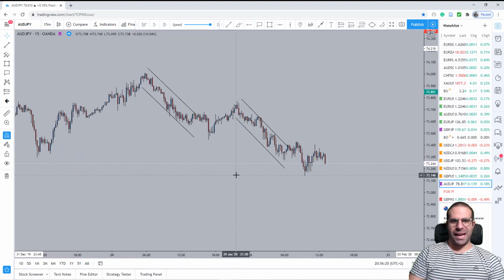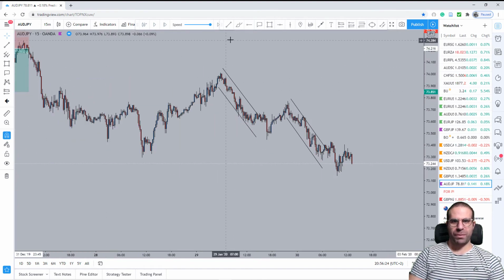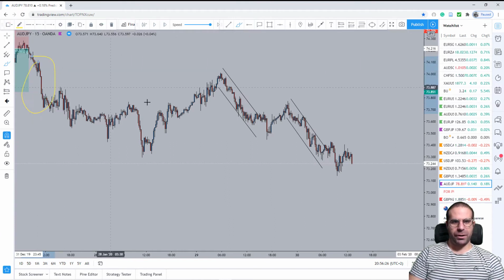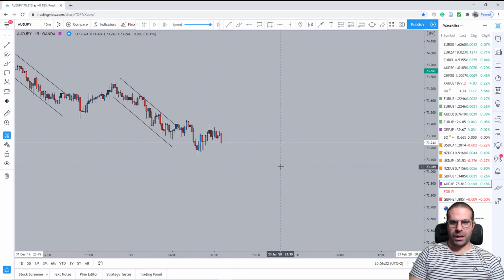Again, guys, we don't see any clear movements here. Compare these parts, these impulsive movements over here and over here with these movements here. You can see the difference, eh? All of you can see the difference, I'm sure.